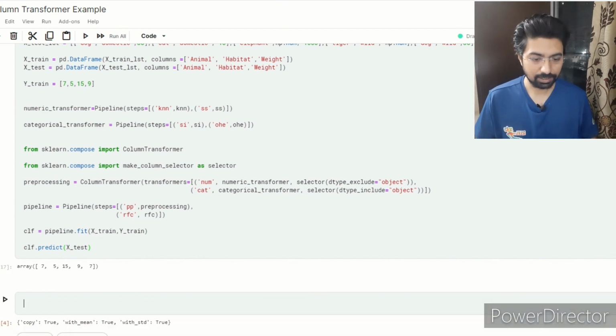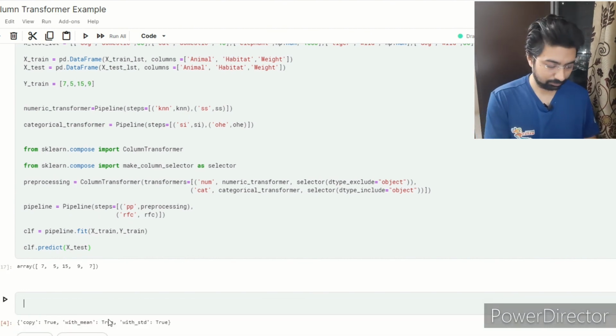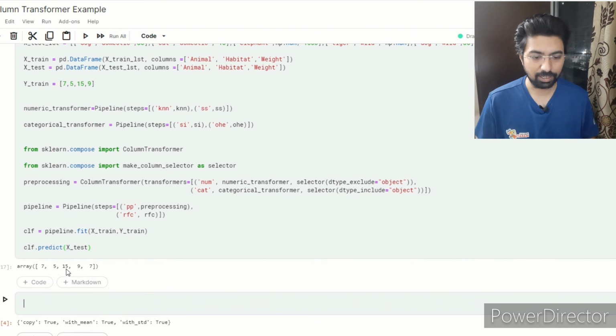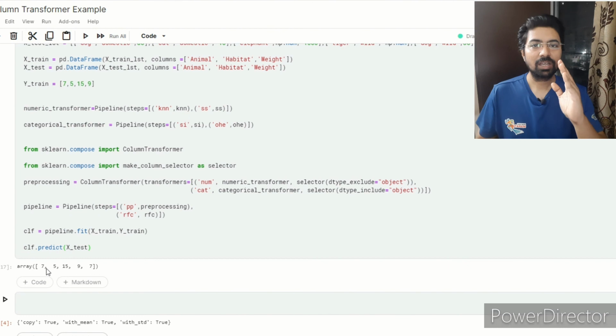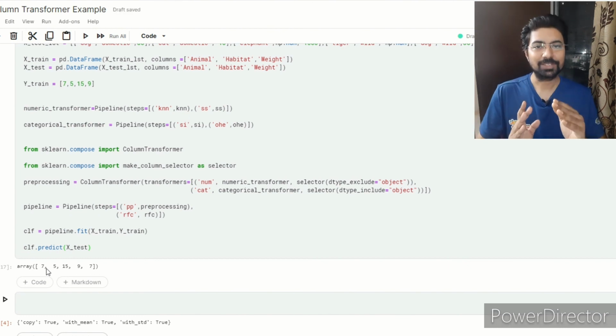Let's run it. This is just where I checked the parameters, ignore that. Yeah, so this is now your value. Now it is calculating that the lifespan of the dog is the same as the first dog. Somehow it is correct, but don't really concentrate on what it estimates and how accurate it is. But please check how we have organized all the steps using pipeline and column transformer.